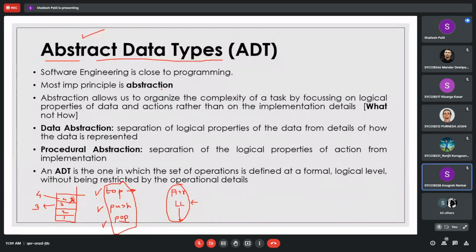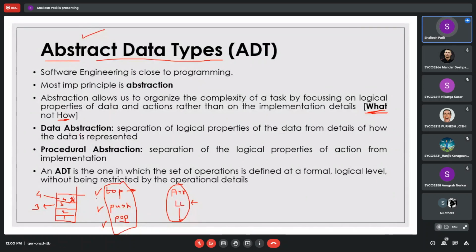Yes, we have already discussed this. We have to be more conscious about what to do, not how to do it. That is abstraction. Basically you may ask me, sir, we have to implement it practically. Yes, we have to implement it practically, but in a rough way, because we have to write this in an abstract way. You will see that abstraction in more detail in your OOP concepts, because OOP is there itself for abstraction.